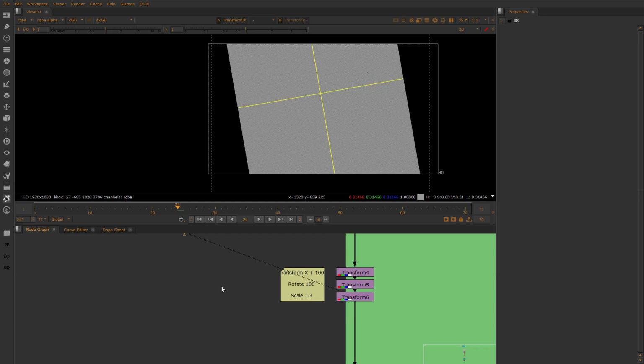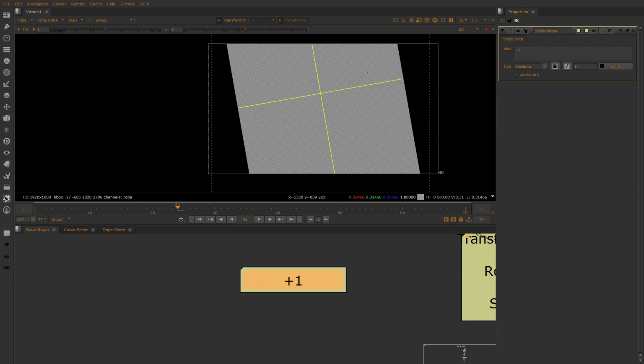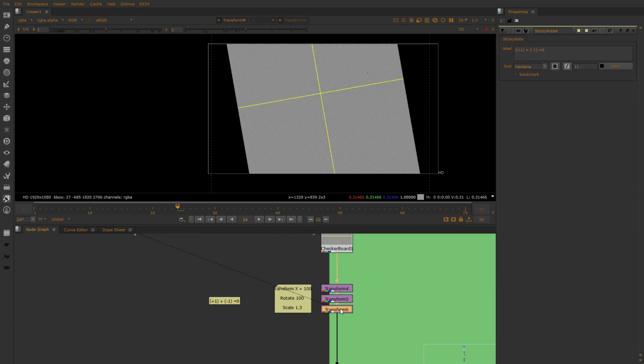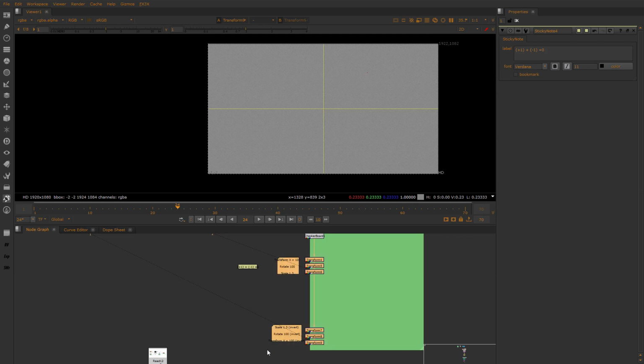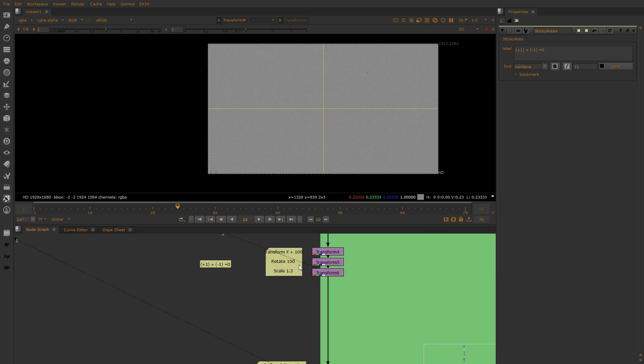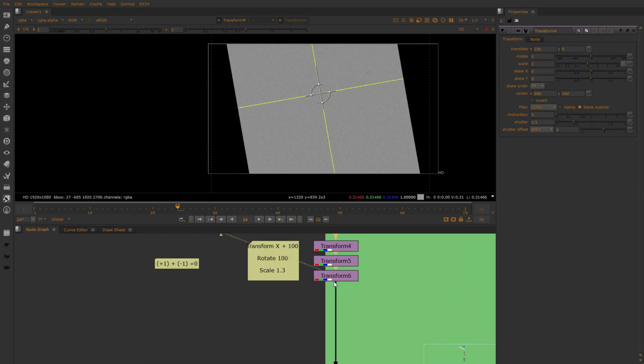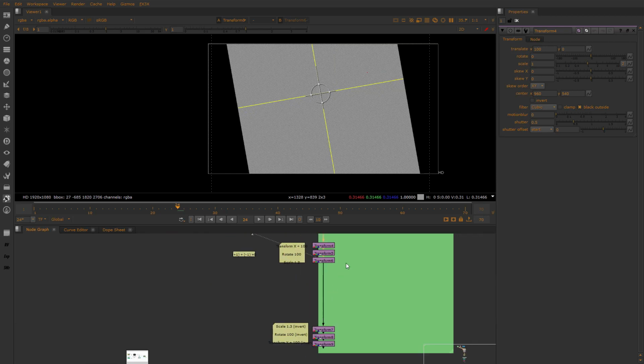So think of it like this example. If we take +1 plus -1, they negate themselves. The answer, the equation, is 0 at the end, right? So this is what is happening when I say concatenate. So Nuke is looking up the stream to see if it can find any mathematical function that can be collapsed into one single mathematical operation. So here we have these transforms, and down here I have put the very same transforms